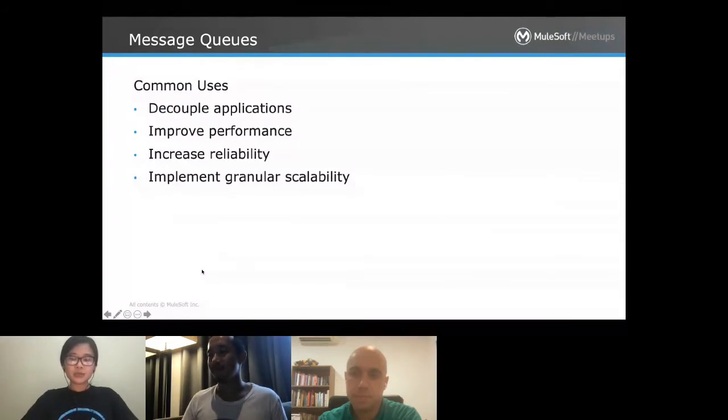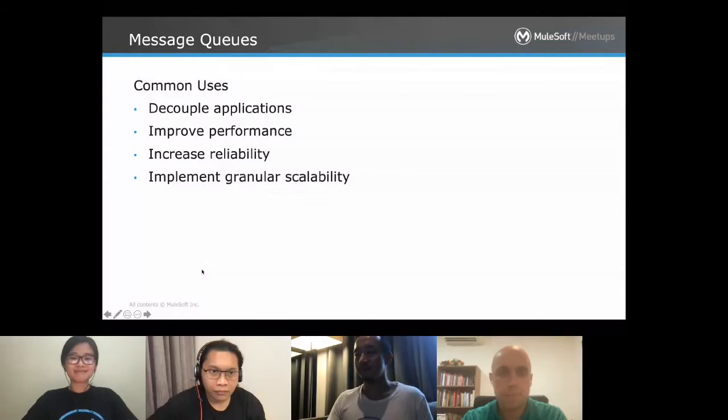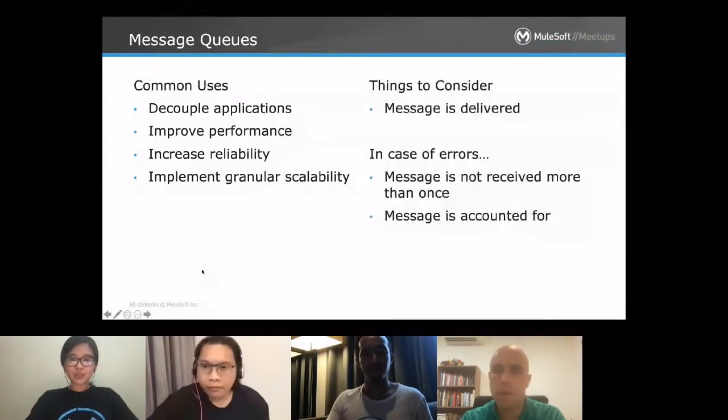Using MQs also gives us the advantage of reduced dependencies across our applications. So in case one of our systems goes down, it should not ideally affect the other consumers. Of course, it comes with its own caveats, as it's a fire and forget mechanism.